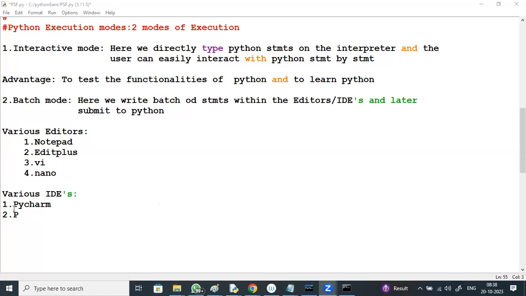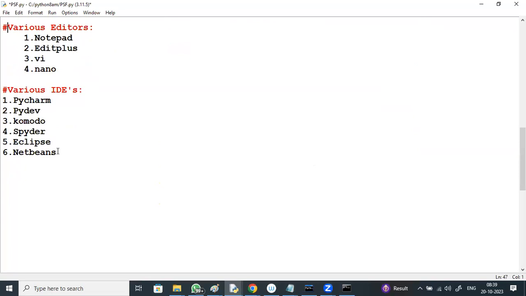Like PyCharm, PyDev, Komodo, Spyder, Eclipse, NetBeans, Jupyter Notebook, and VS Code.